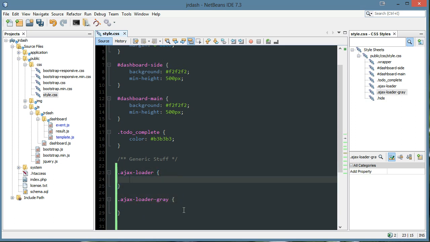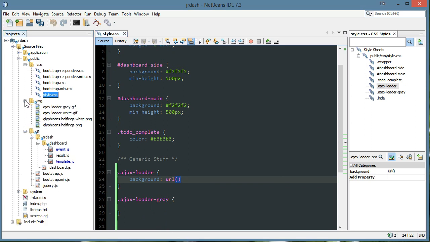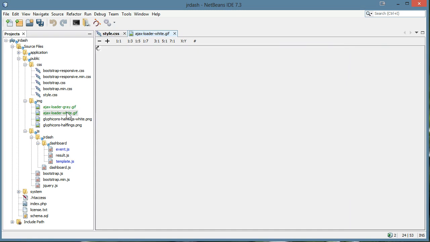And with these, what we do is just a background URL, and since we're in style, we want to go to image, so a directory down, ajax-loader-white.gif, and if I open this guy up,